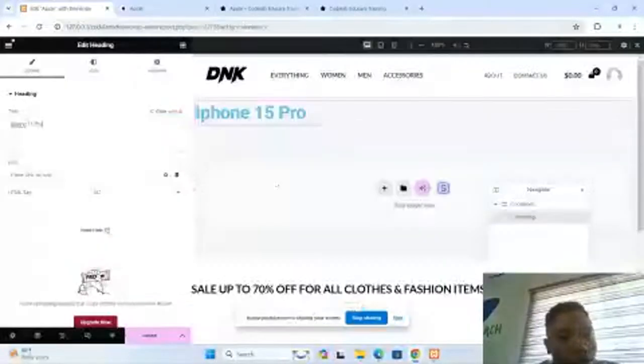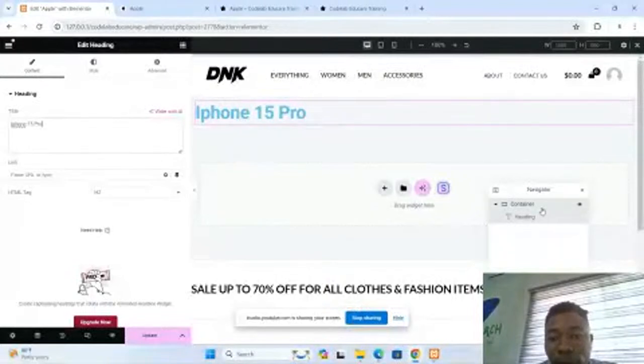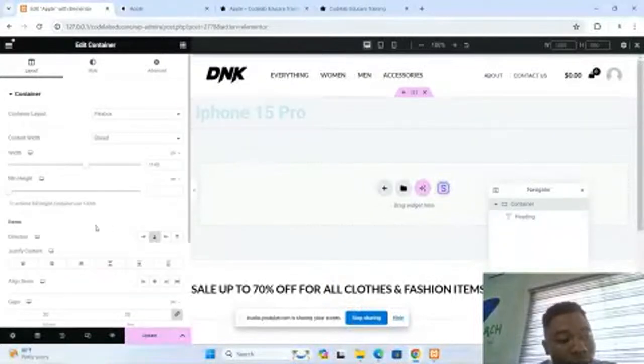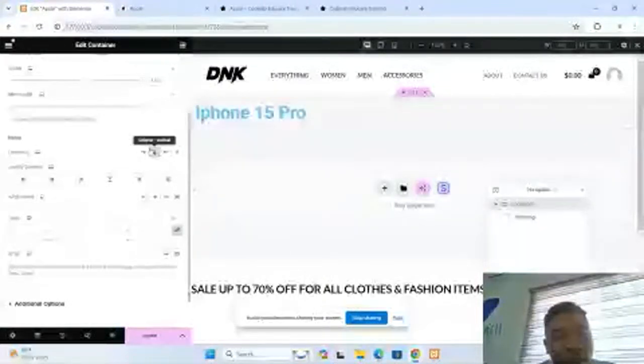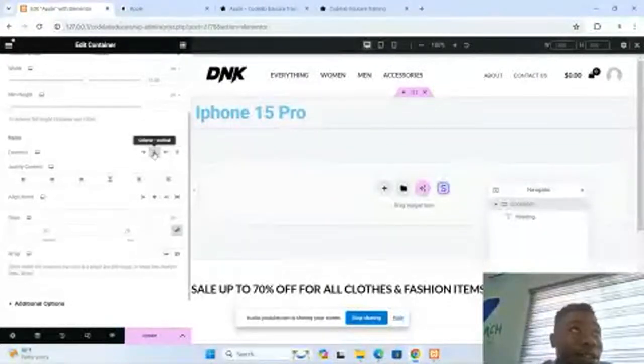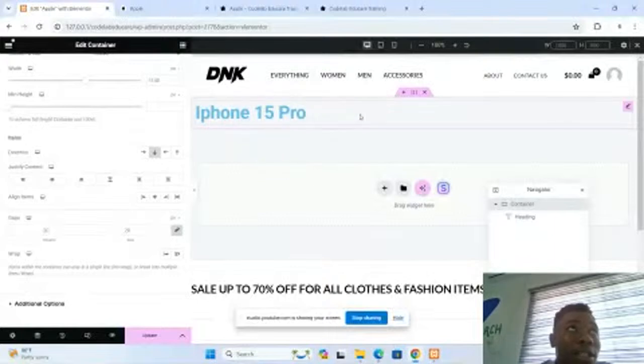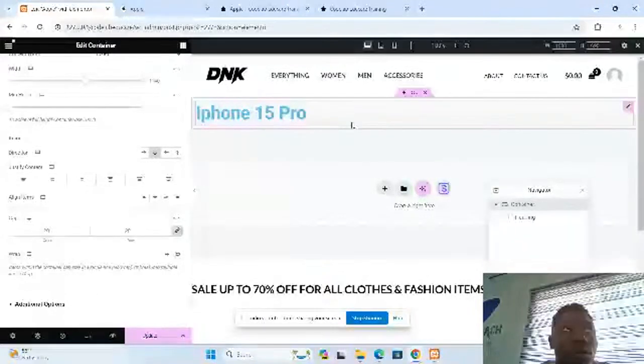Now, you see this arrow, that if I add another widget aligned together,